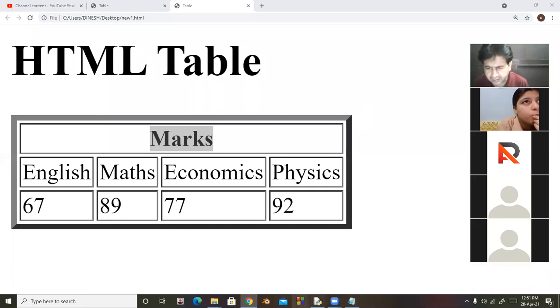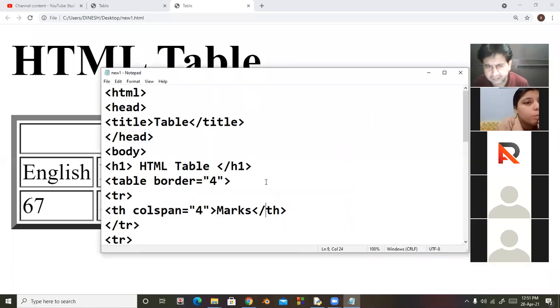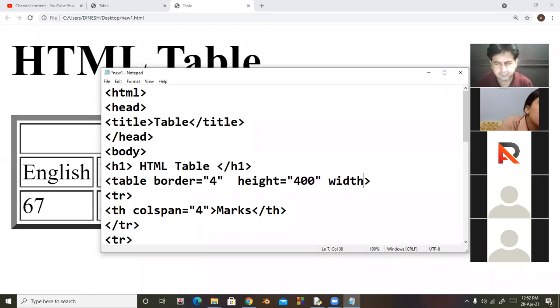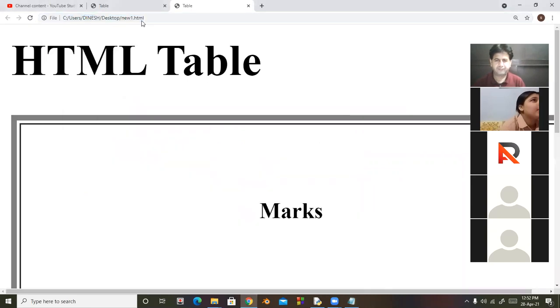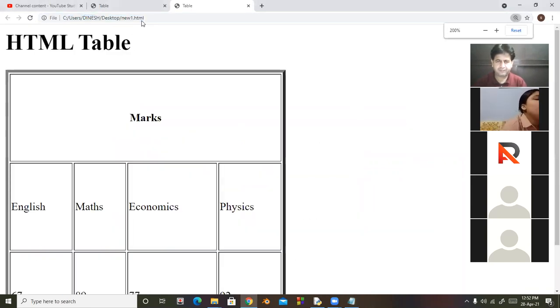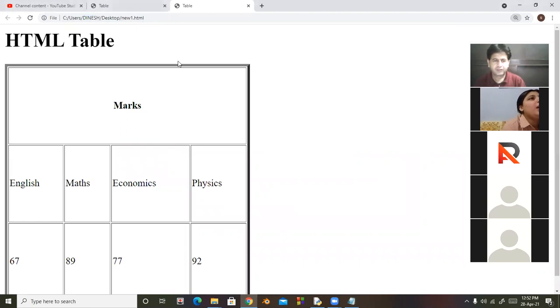Now the span question, we will discuss some more questions. But before that, if I have given here height and width, okay students.